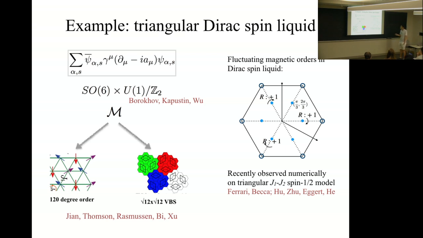So it turns out if you go through the exercise I mentioned to you, but with some other types of mass, for example, that gives you other band topology, you get different symmetry breaking orders. And they look like this. So some of them, as I already told you, look like 120 degree order. And the others look like this guy, which is not magnetically ordered, so it has the full SO3 spin rotation symmetry, but it breaks lattice translation and rotation symmetries in this funny way. So it's a valence bond solid order with a 12-site enlarged unit cell. So the enlarged unit cell looks something like this.